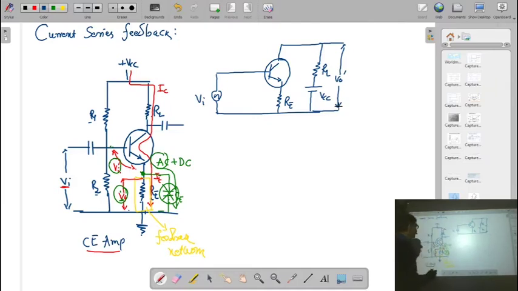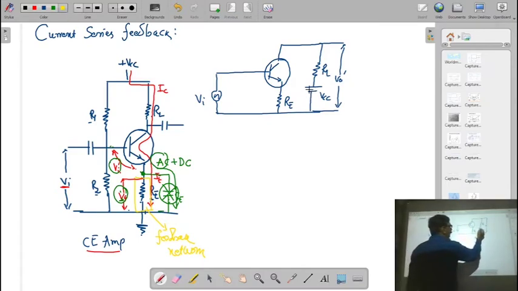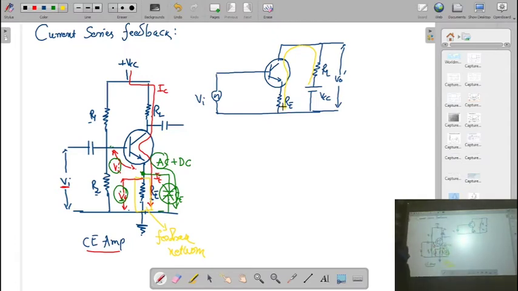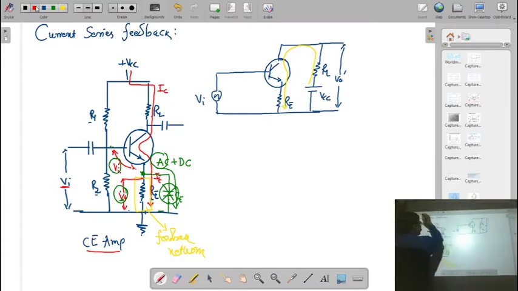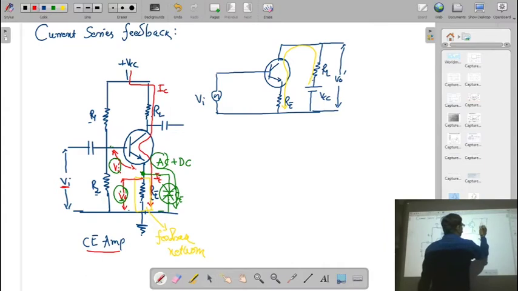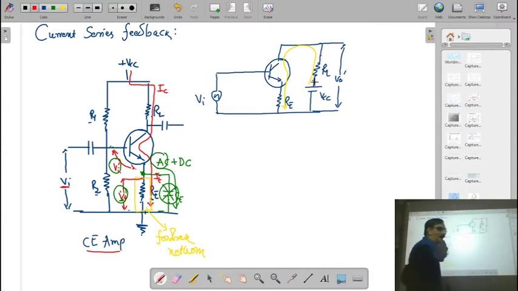Now, if you look at this case, where is your output current? Your output current is coming out from the power supply VCC, then it is passing through the RL. Then it is going to pass through the transistor, and here we have resistance RE. So that is the output current, and this output current is going to produce a voltage across the RL, that is IC into RL.